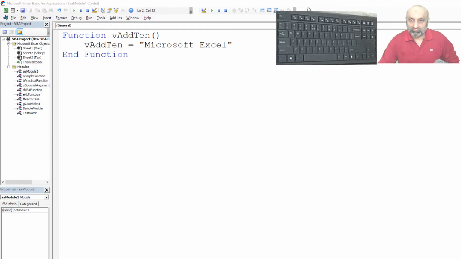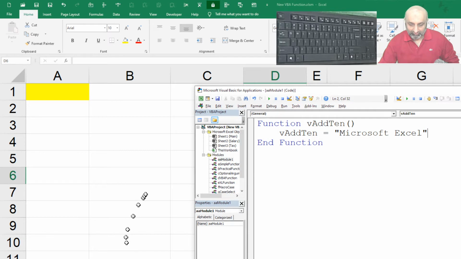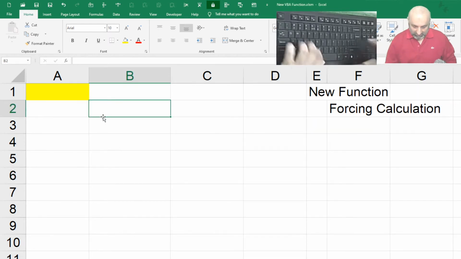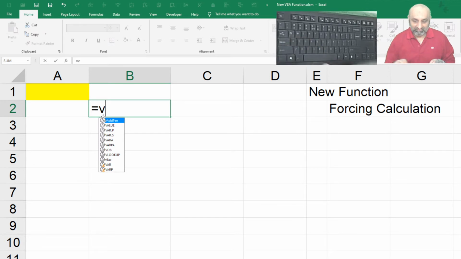So let's go to our workbook now, and let's try to use this function: is equal to v, and you can see that the first option is v add 10. As soon as my function is accepted as a valid function, it will appear in the list of the functions in Microsoft Excel automatically.